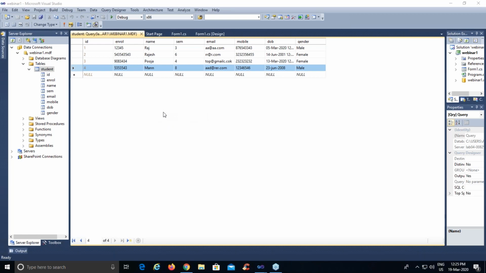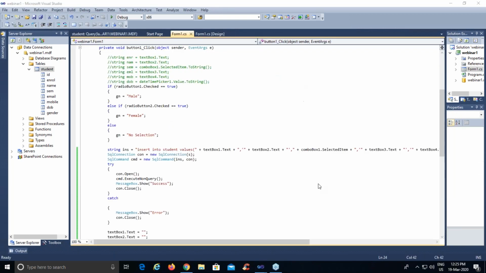See, why I have done plus plus in the code part: that is the syntax of .NET. To embed all these particular controls in a particular string, we need to use plus plus. That is the embed plus plus here.